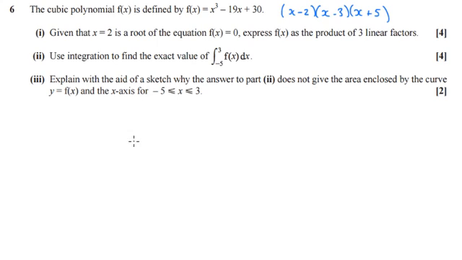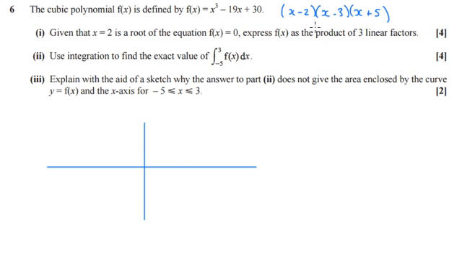Okay, part 3 is a good question. It says, explain with the aid of a sketch why the answer to part 2 doesn't give you the area enclosed by the curve. So what it's getting at here, and we need to use the factorised form to figure this out, is the fact that if we were to sketch this graph,